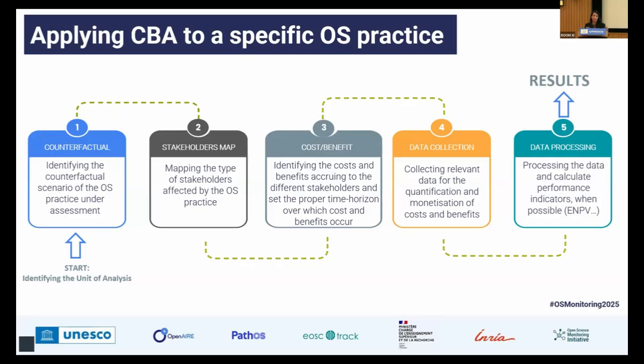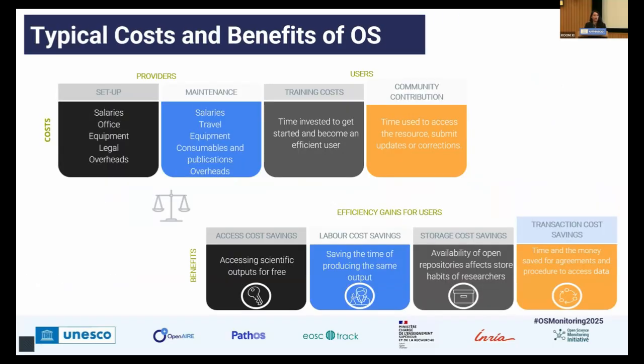And once we have collected data on cost and benefit, we basically compare this cost and benefit and calculate the economic performance indicators, which in cost-benefit analysis is a number which gives you a measurement of how much, to what extent, benefit outweighs cost. This is called the benefit cost ratio. So during